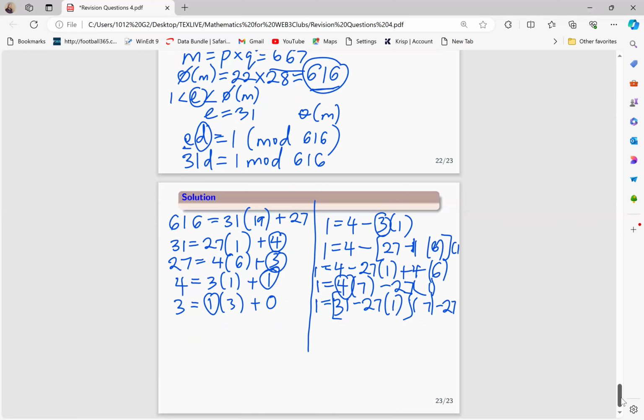And then we now open our brackets. 1 is equal to 31, 7 minus 27, 7 minus 27, 1. Okay, so everything added up is going to be 31, 7 minus 27, 8. Now we substitute the 27 here, this value here. So it's going to be